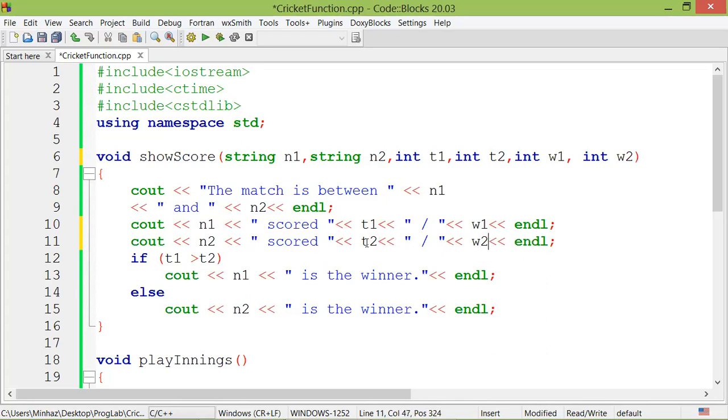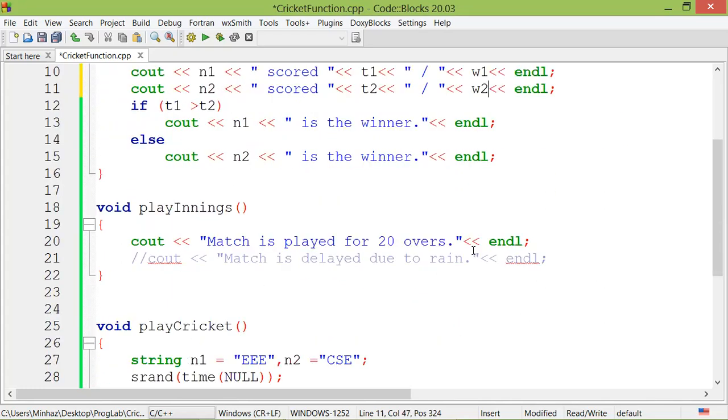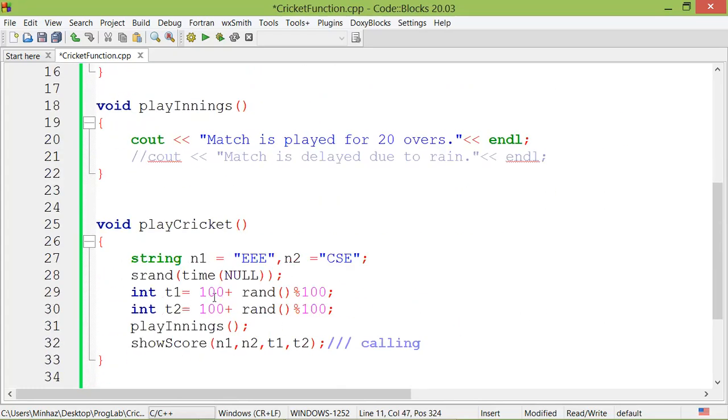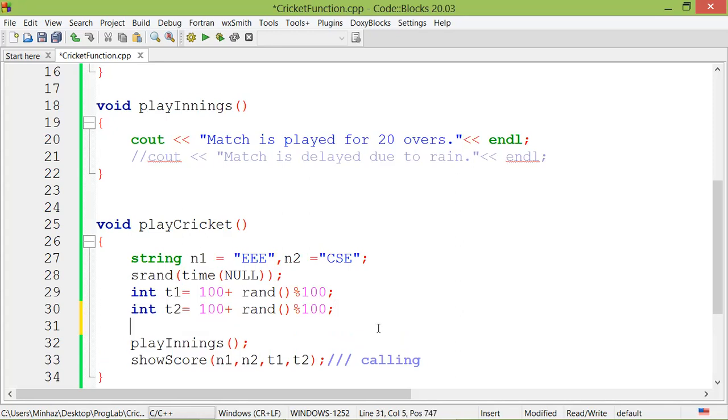So in the score, we need six things: team 1 name, team 1 run, team 1 wicket, second team name, second team run, second team wicket. Now you can show the score in a more clarified way, showing how many wickets they lost. Again, we can write in this way: integer